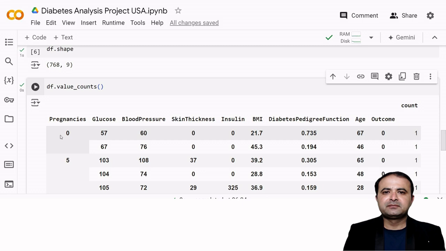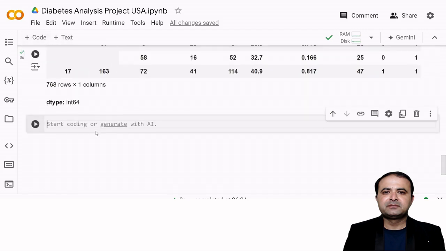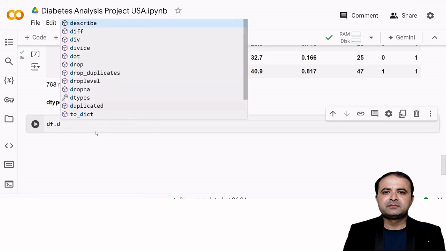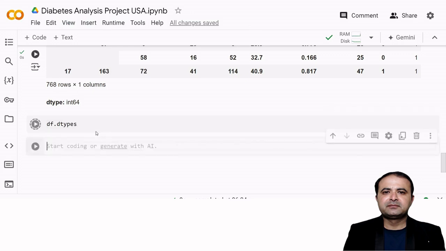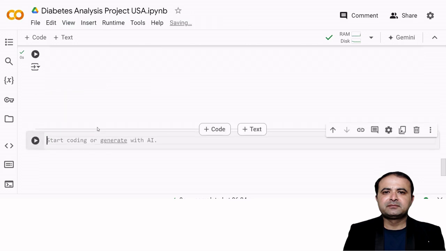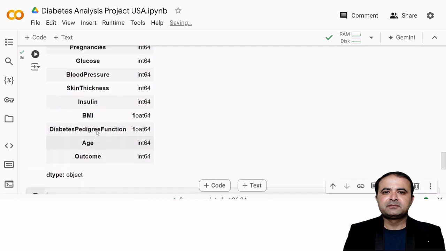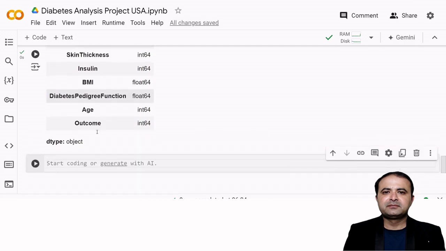Data type is also very good, like df.dtypes. Most of the columns are integers and some float,